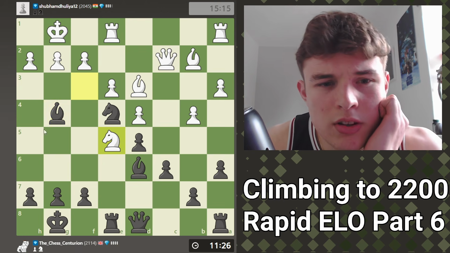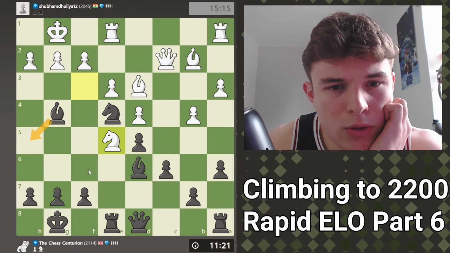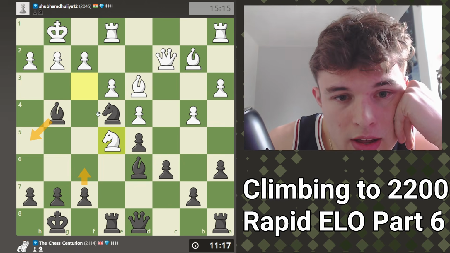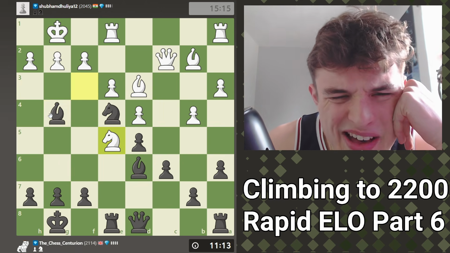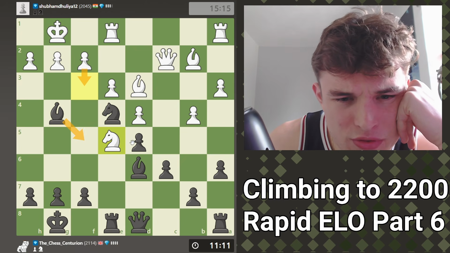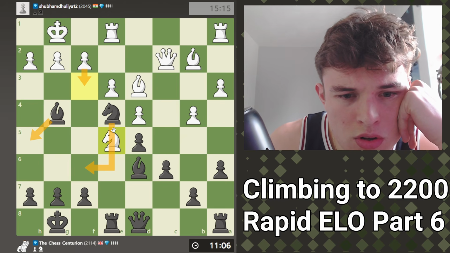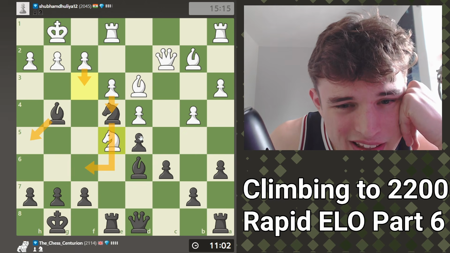Okay, this is interesting. Perhaps bishop h5 is the way to go, just retreating and preparing pawn f6. And if the knight goes back to f3, I can always take it. Do I have any other options? Bishop f5, pawn f3 is a problem. If bishop h5, pawn f3, I can just drop back to f6. And if e4 is played...